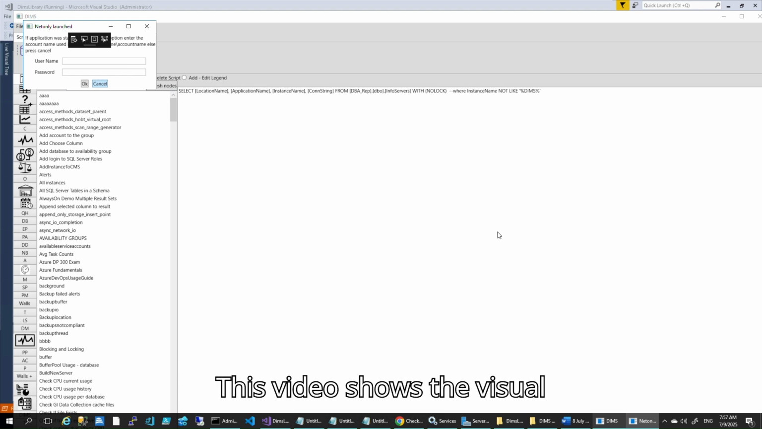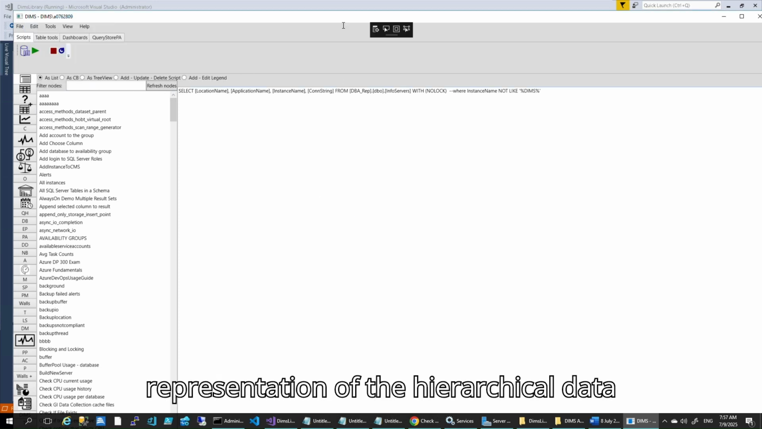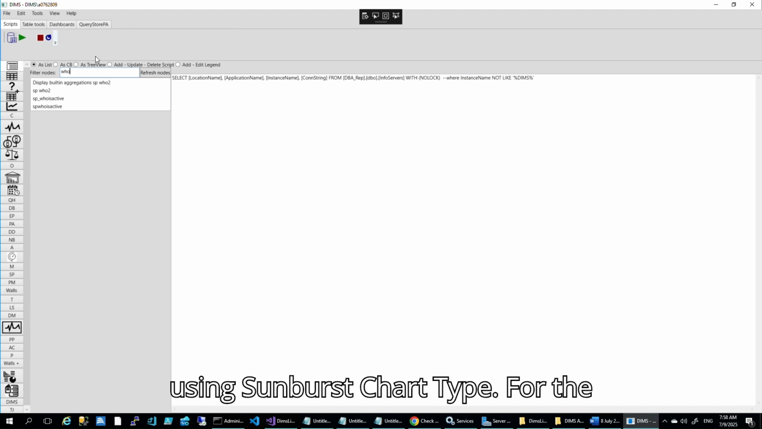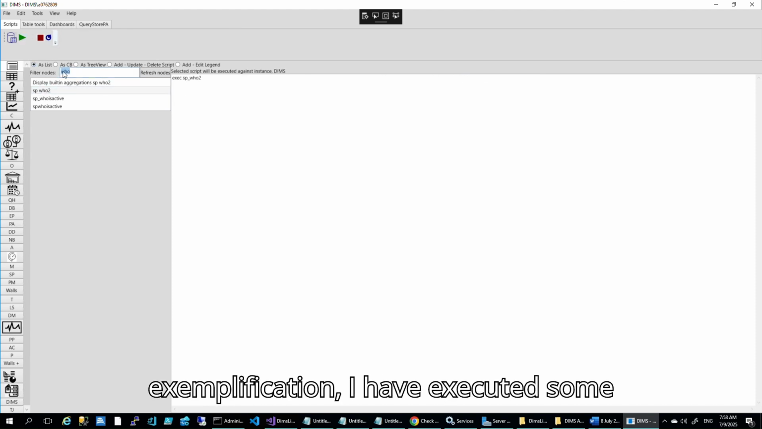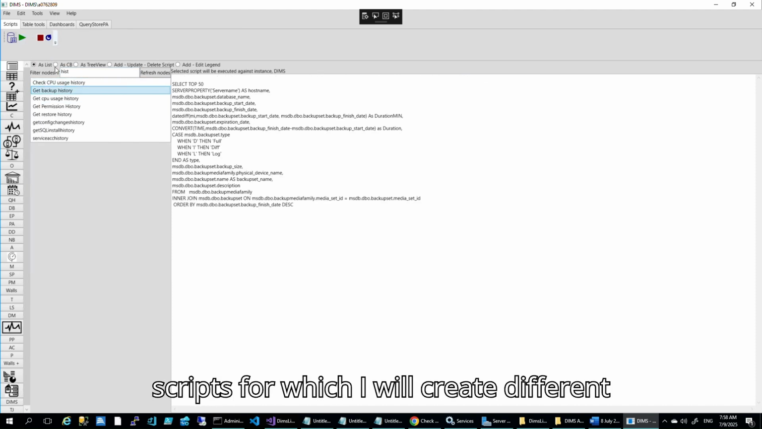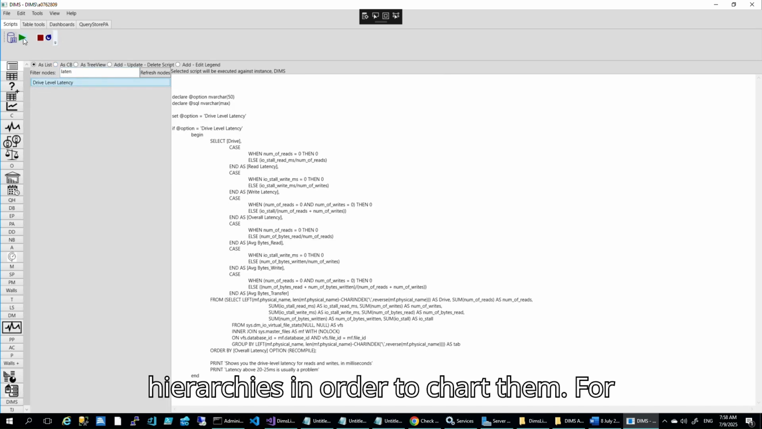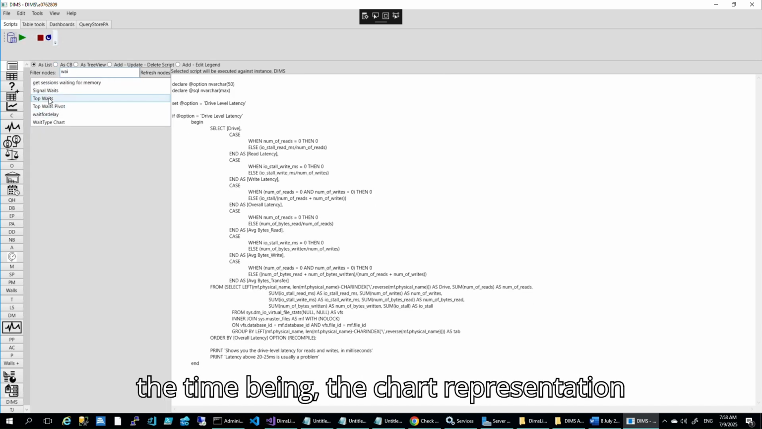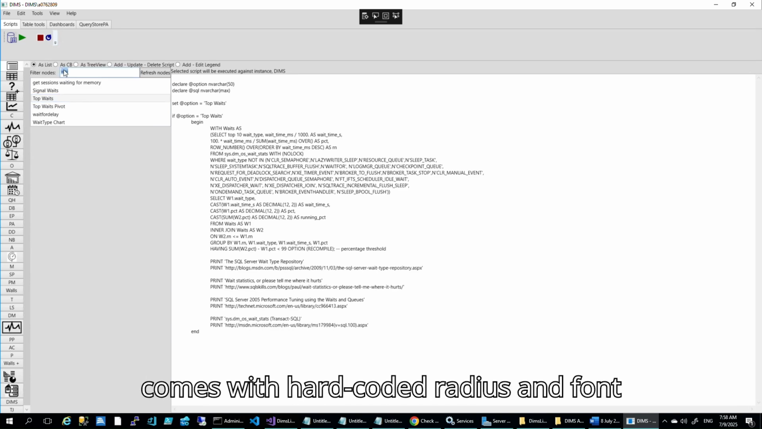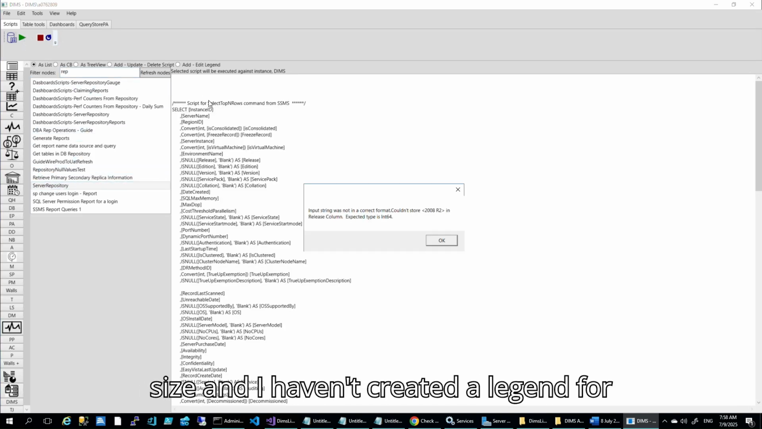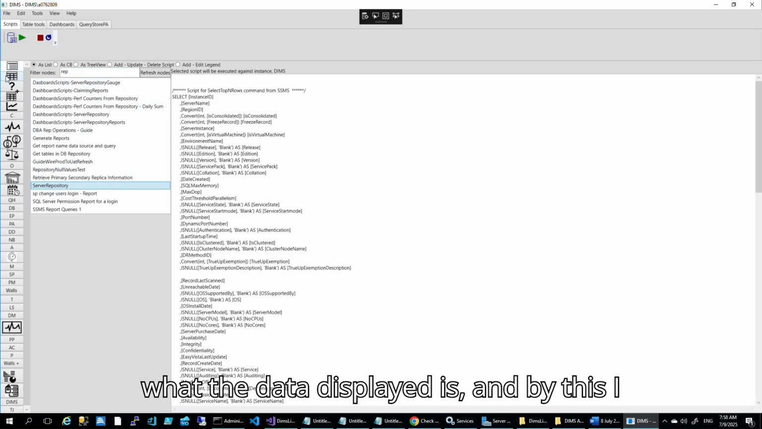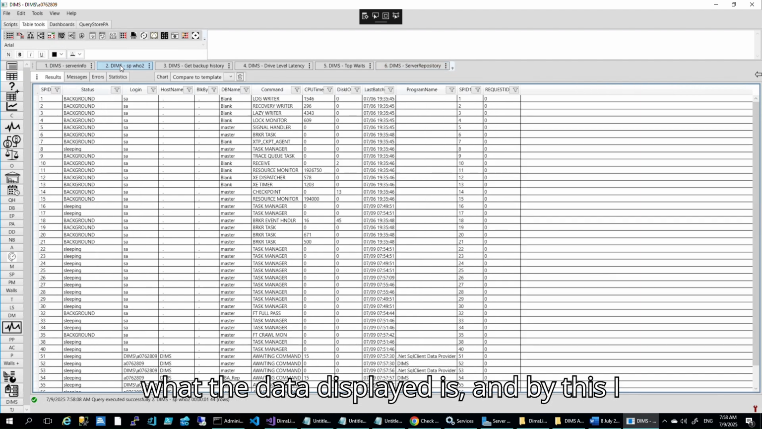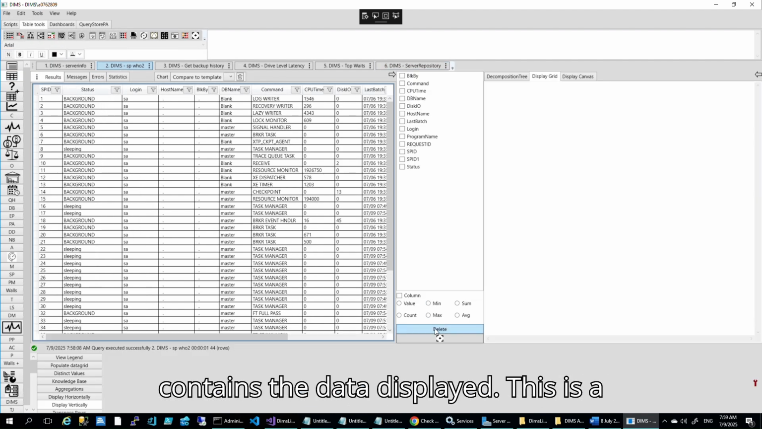This video shows the visual representation of hierarchical data using the Sunburst chart type. For the exemplification, I have executed some scripts for which I will create different hierarchies in order to chart them. For the time being, the chart representation comes with hard-coded radius and font size, and I haven't created a legend for what the data displayed is, and by this, I mean the names of the columns which contain the data